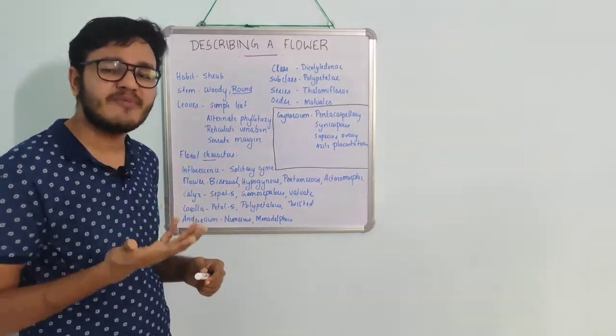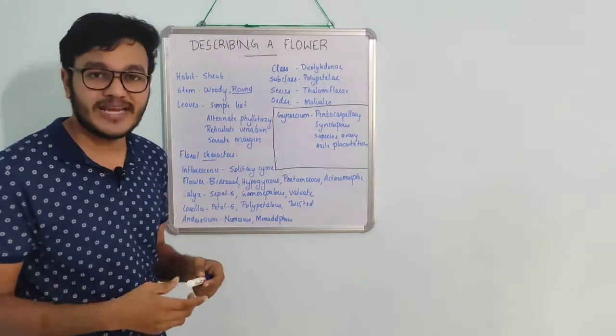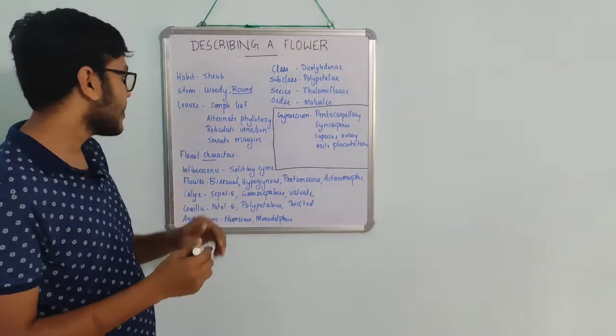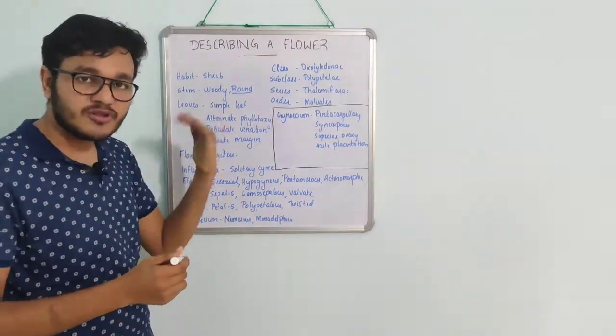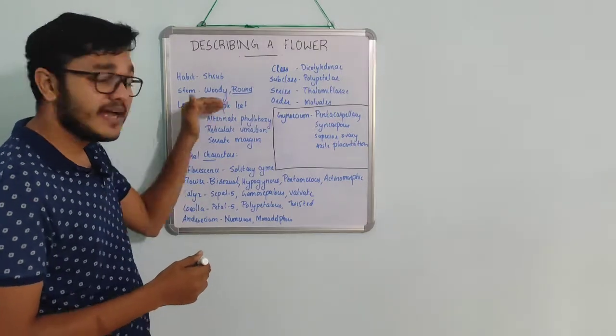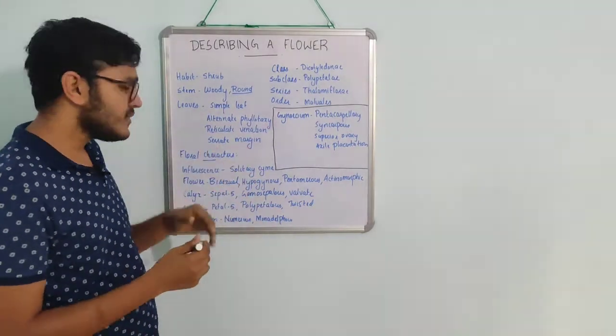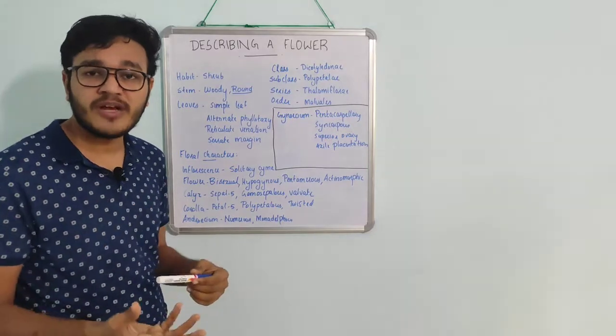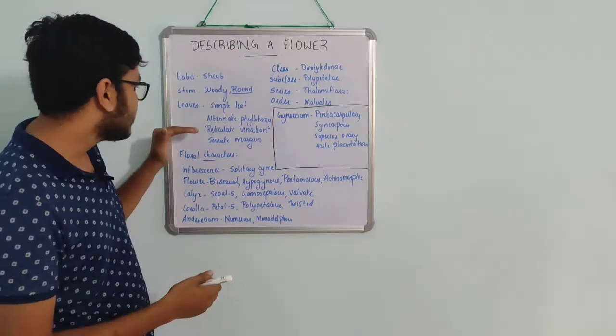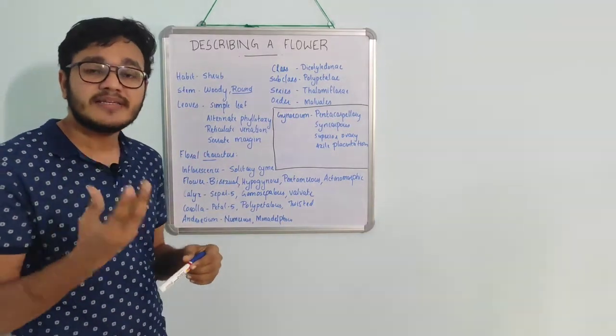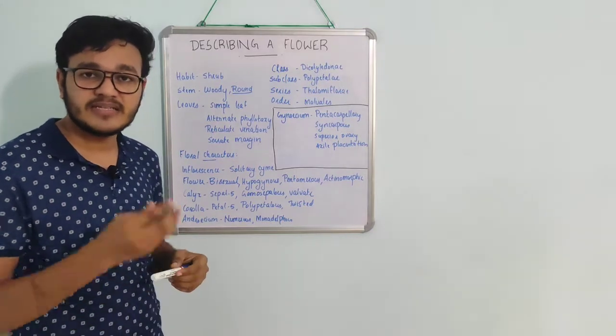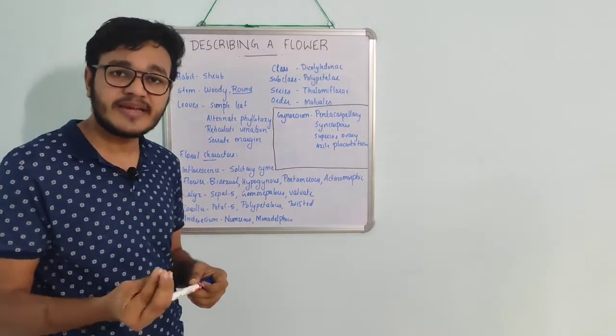Round means the shape of the stem, if you remember properly, it is round in shape, almost round. So we can write here it is round. And coming on to the leaf part, it has a simple leaf. You all know that it does not belong to the compound leaf category. It has a simple leaf. And the phyllotaxy, if you know, it has an alternate phyllotaxy, that is a single leaf arises from each node